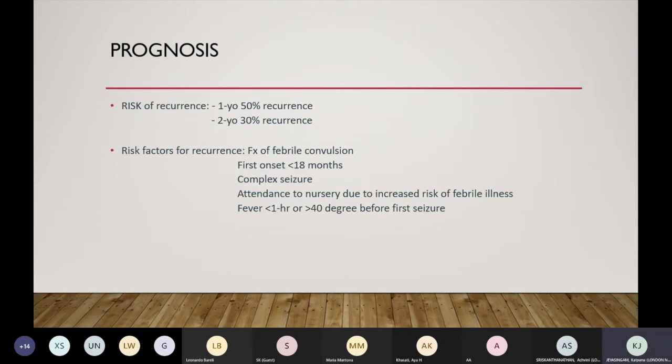If the story is not very clear or it's atypical, so they have a complex seizure, i.e. it's focal, it's going on for more than 15 minutes, the child took more than an hour to recover, or what else? I guess that's probably the commonest atypical forms. Then obviously you would want to do more investigations. And as I said a couple of times, the risk if a parent or sibling is affected is higher than the general population. The risk of recurrence is higher the younger the child is. And the risk of a child developing epilepsy is quite similar to that of the general population. And then obviously important safety net advice for parents, and make sure that they understand what to do